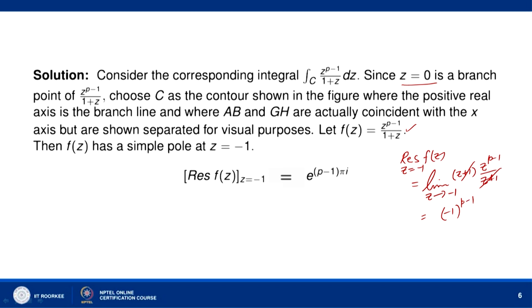Now, minus 1 is e to the power i pi. So, e to the power i pi raised to the power p minus 1, which is e to the power p minus 1 into i pi. So, the residue of f of z at z equal to minus 1 is e to the power p minus 1 into